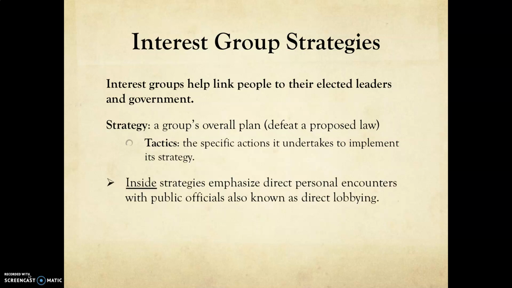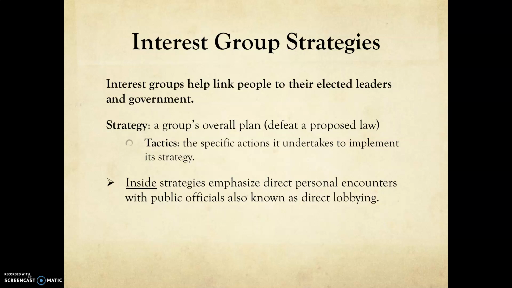So as we talk about interest groups, we can discuss inside and outside strategies. Inside strategies emphasize direct personal encounters with public officials, also known as direct lobbying. This reflects the contact between actual interest group staff, it could be paid staff, it could be volunteers for the organization, or actual citizens, people like you or I who may volunteer our time and resources